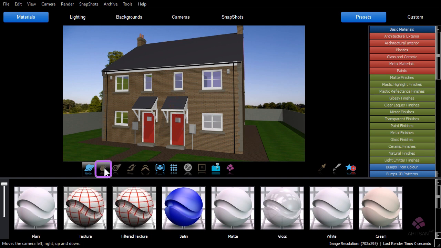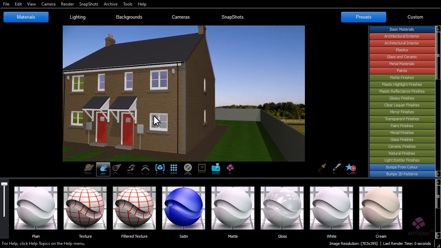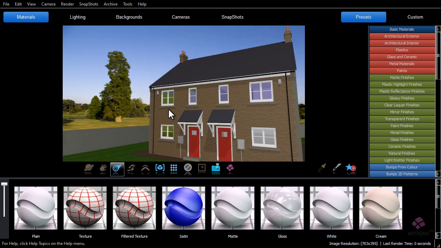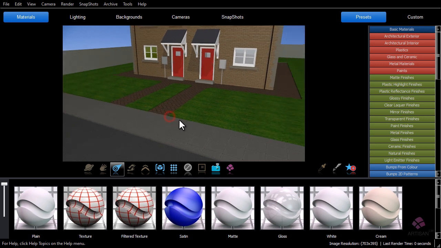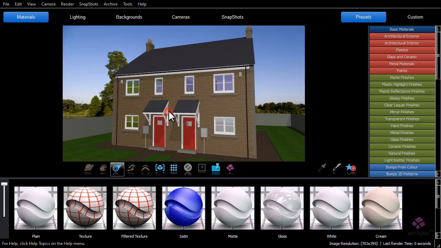The Drag tool allows you to move the model by holding the left mouse button down and moving the mouse in the direction you want to move the model. The Look Around tool changes the angle of your viewpoint, similar to if you are standing still but moving your head. Hold the left mouse button down and move the mouse in the direction you want to rotate in.